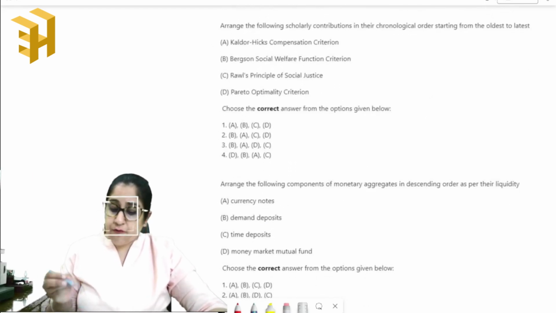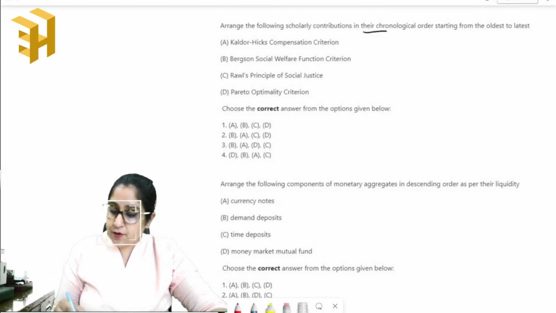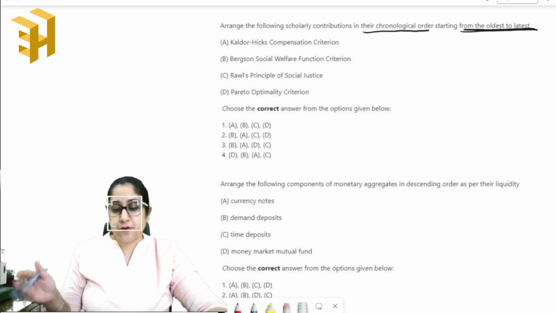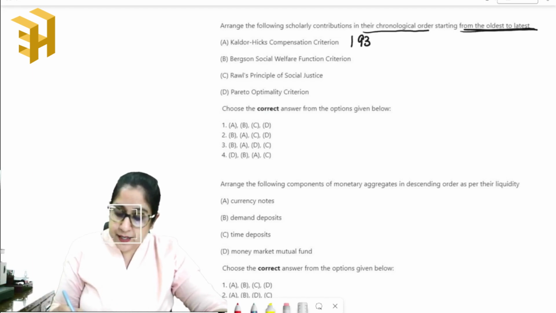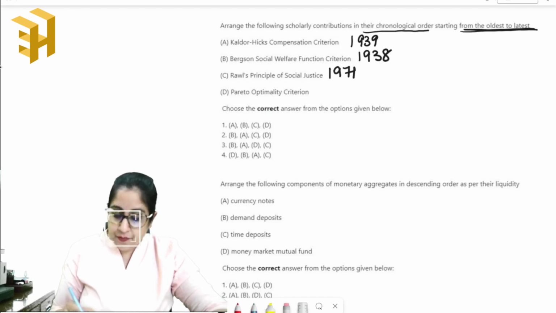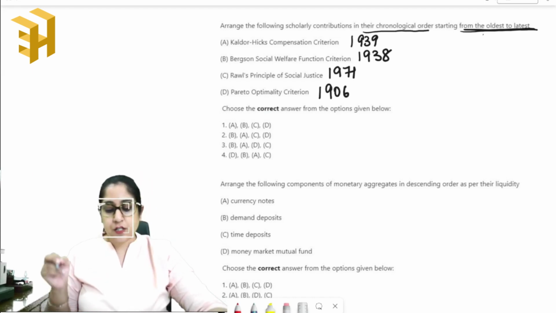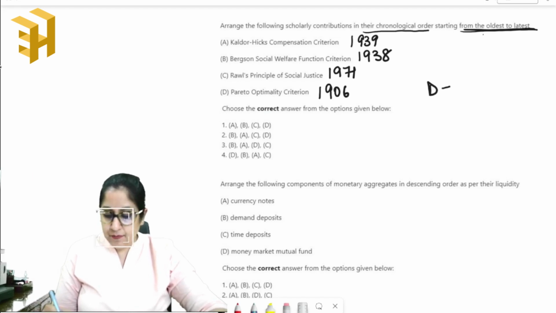Next, arrange the following scholarly contributions in their chronological order starting from the oldest to the latest. So please write it down. Kaldor-Hicks compensation criteria came out in 1939. Bergson's social welfare function criteria came out in 1938. Rawls' Principles of Social Justice came out in 1971, and Pareto Optimality came out in 1906. From the oldest to the latest, we have D, B, A, C. D, B, A, C. That is your option